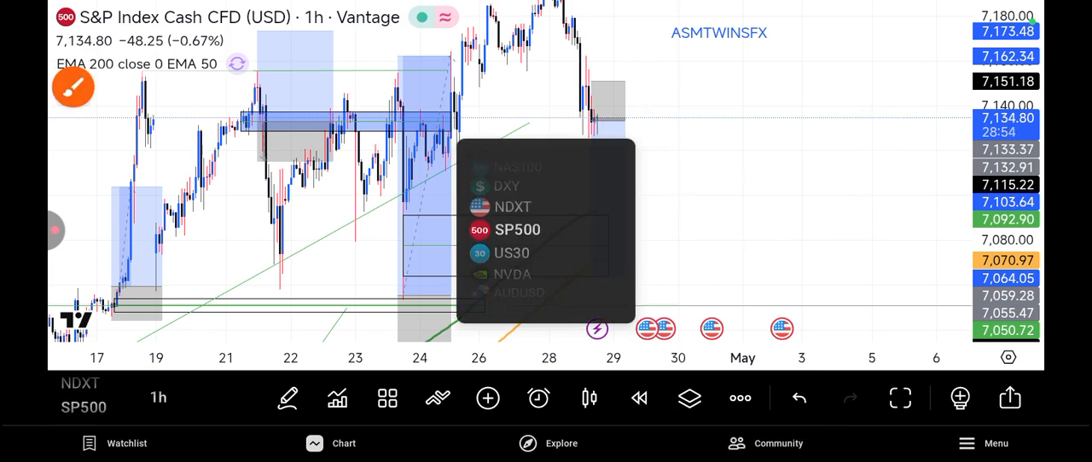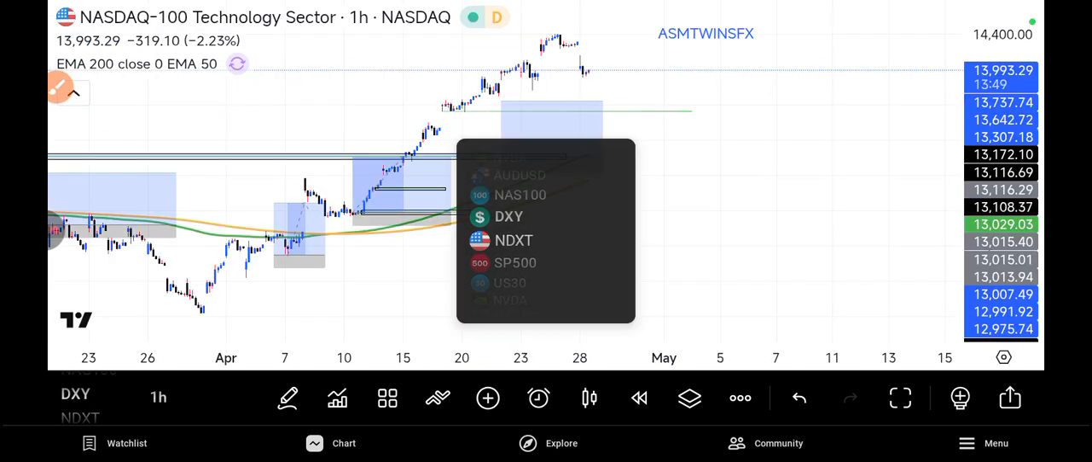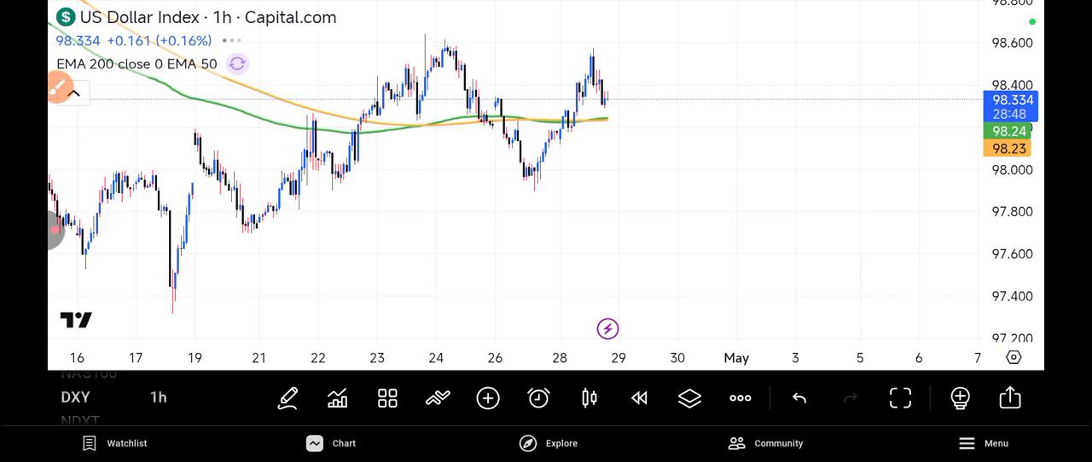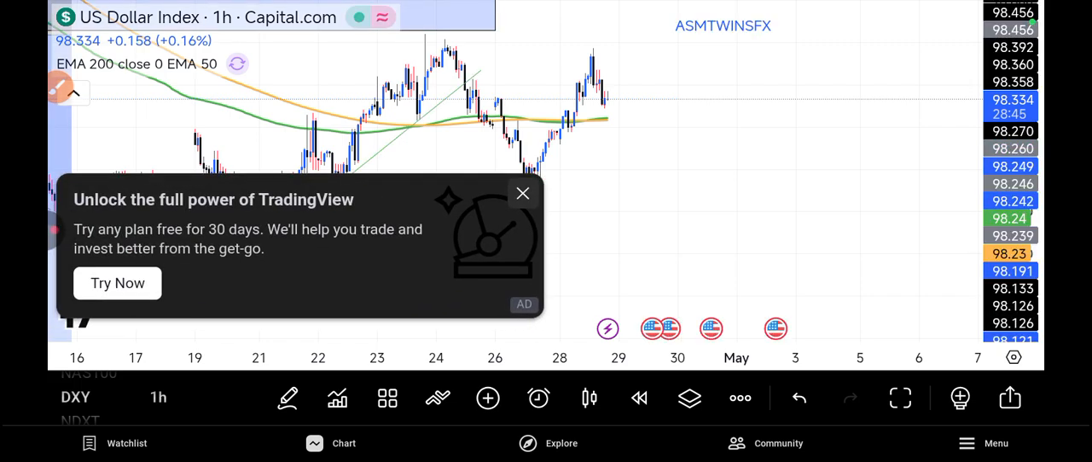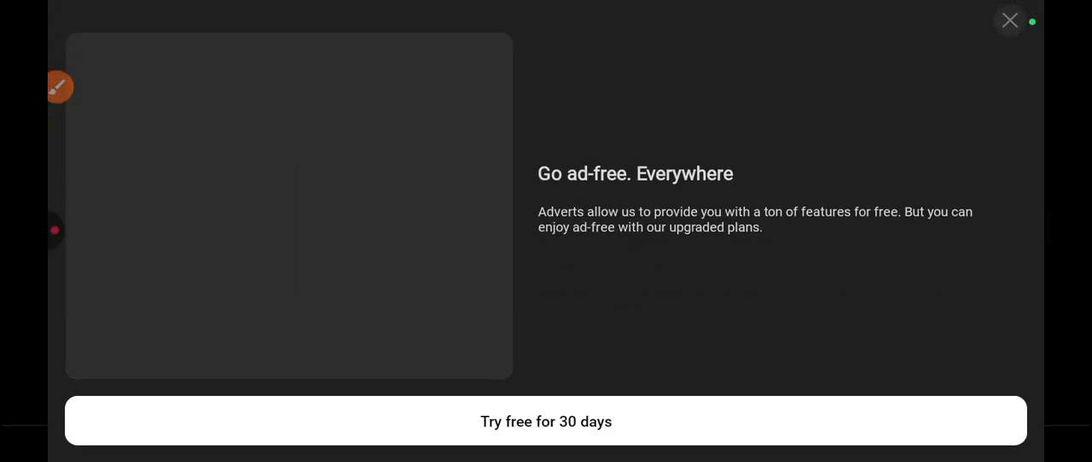Our DXY is still making downward momentum, or still making upward momentum. You can see it very clear. So this was our US, sorry,